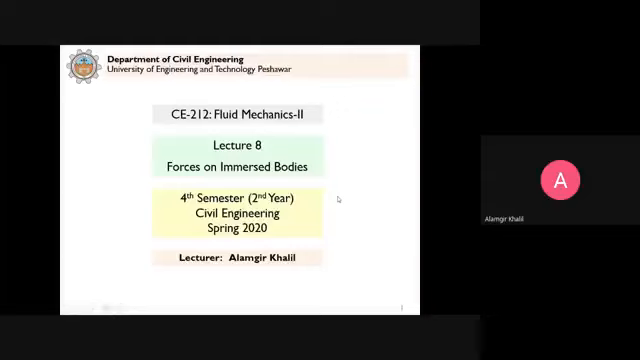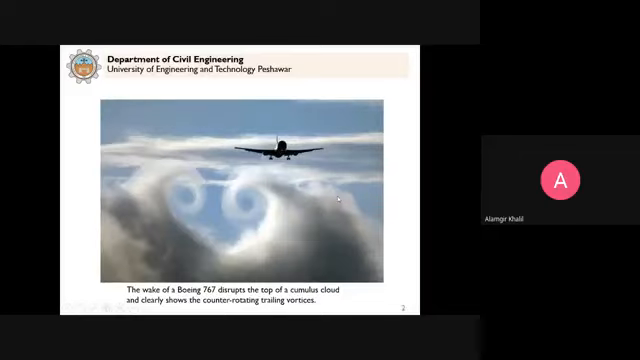This is lecture number 8, and we start a new chapter, that is forces on immersed bodies. Now, before we start this chapter, we should first see why we need to study this chapter. Clear? So you can see here in this picture, the wake of a Boeing 767 disrupts the top of a